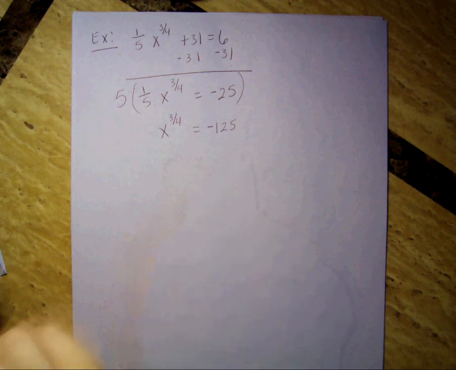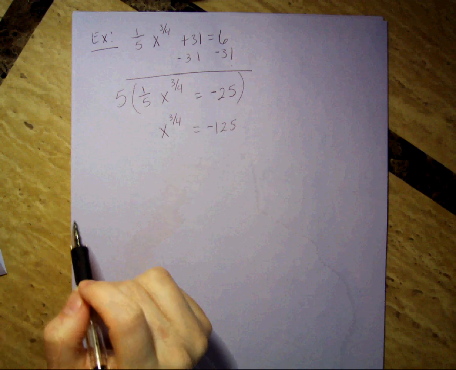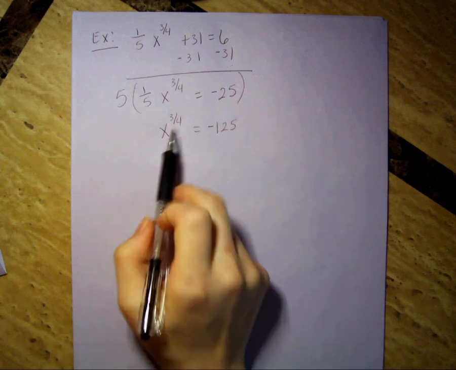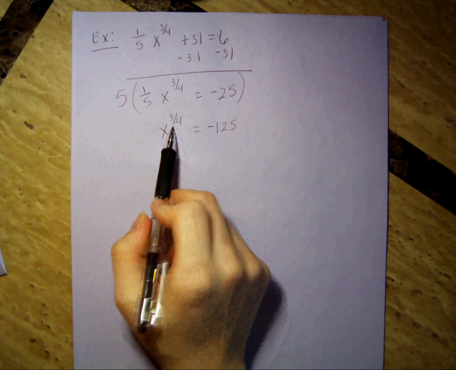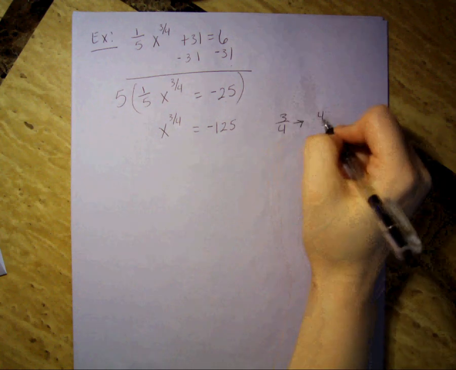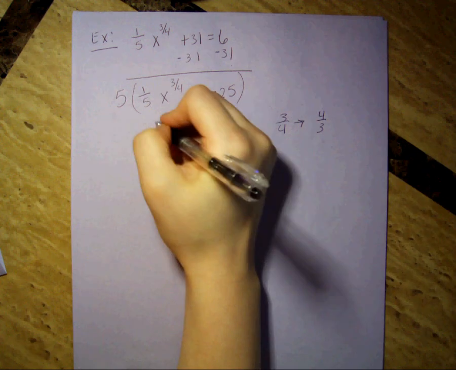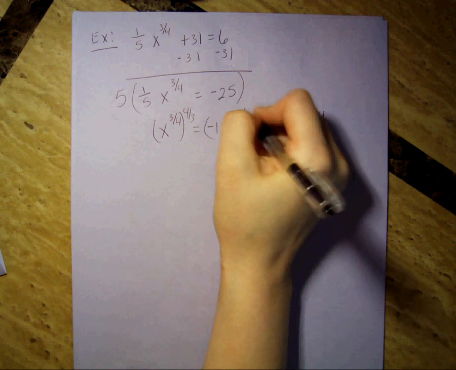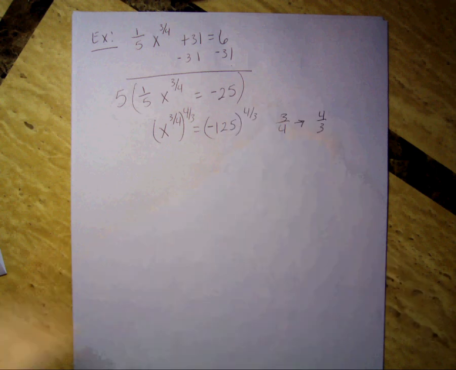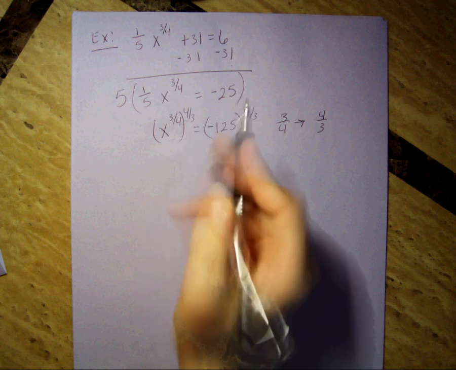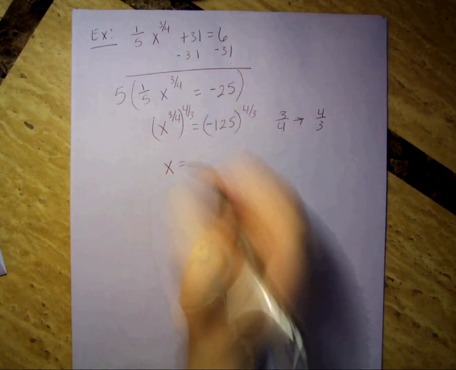Now it looks like one of the equations that we originally started with. And so I need to raise both sides to the reciprocal of my exponent. So it was 3/4. The reciprocal is 4/3. So I'm going to raise both sides to the 4/3 power. Again, 3 times 4 is 12. 4 times 3 is 12. 12 over 12 is 1. So I end up with just x equals